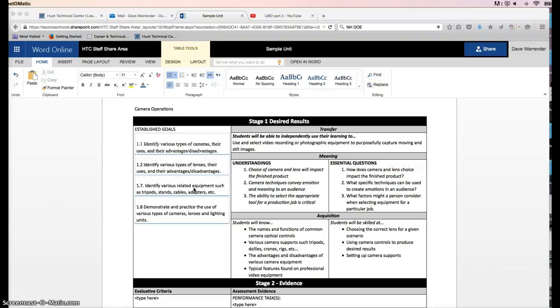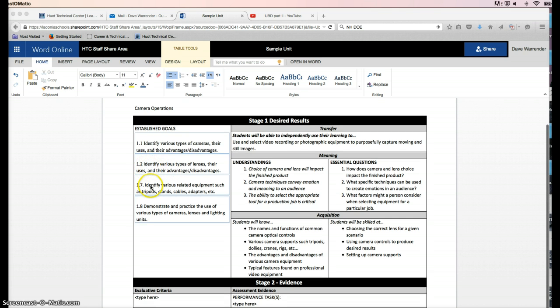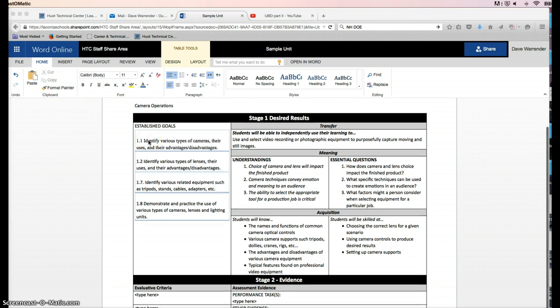Now, a UbD purist is probably going to take these established goals and build their units from that. And some people may be questioning why I did not do that. The reason, fairly simple, is these state standards are not necessarily very well written. For one thing, they use very low levels of knowledge. It is generally identify, which is not a high way of demonstrating knowledge. In terms of depth of knowledge, it's pretty low. We do get to demonstrate down here, but again, I think we have a little bit higher aspiration for our students.